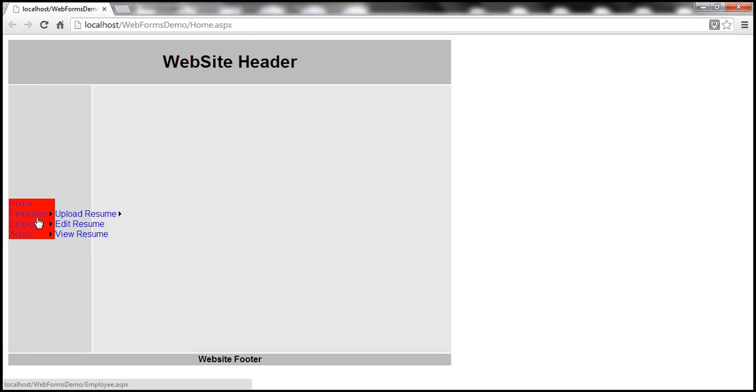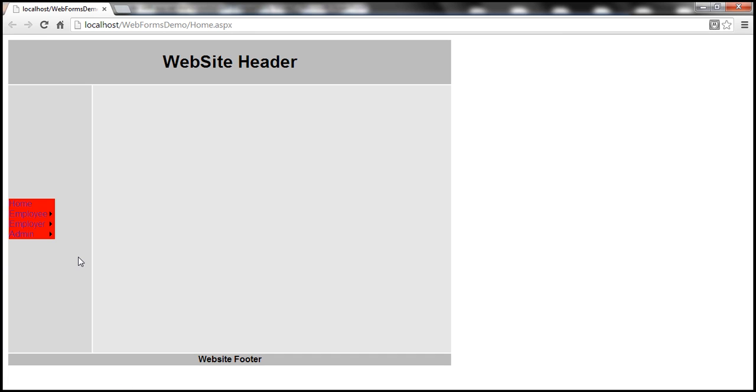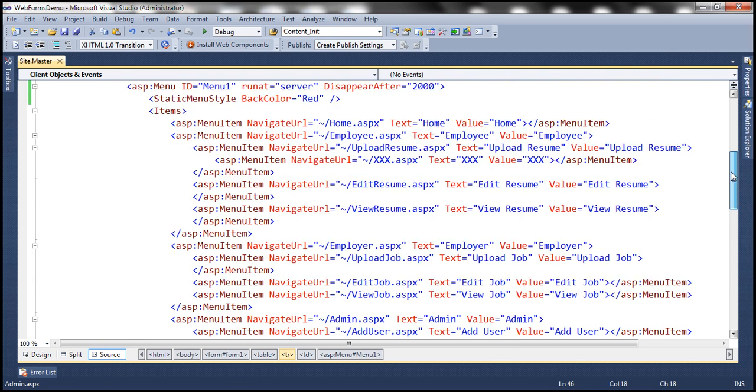But look at the dynamically displayed portion of the menu. Do we have red background color there? No, we don't. That's because the styles that we apply using StaticMenuStyle are only applicable for the statically displayed portion of the menu. Now, here at the moment we only have one level statically displayed, but we can control how many levels are statically displayed using static display levels property of the menu control that we discussed in the previous